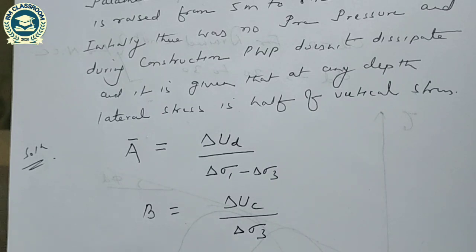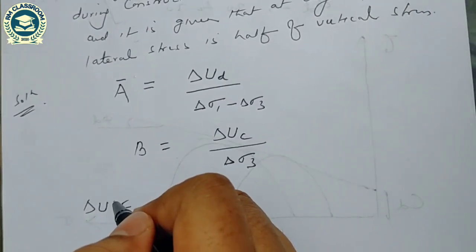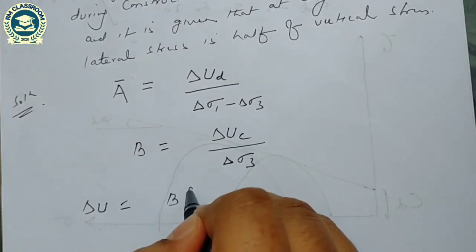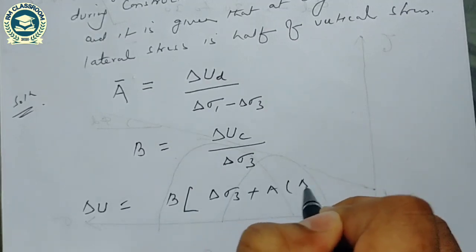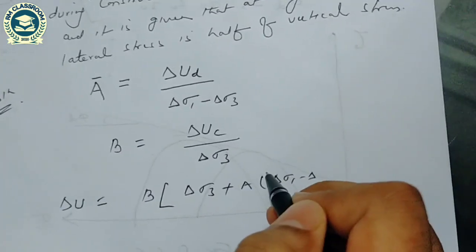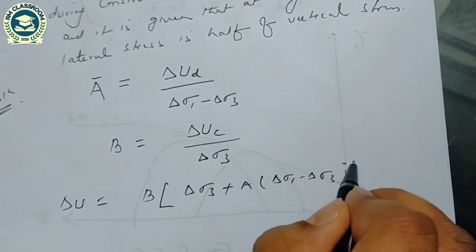And we also know the expression delta U is equal to B delta sigma 3 plus A into delta sigma 1 minus delta sigma 3,